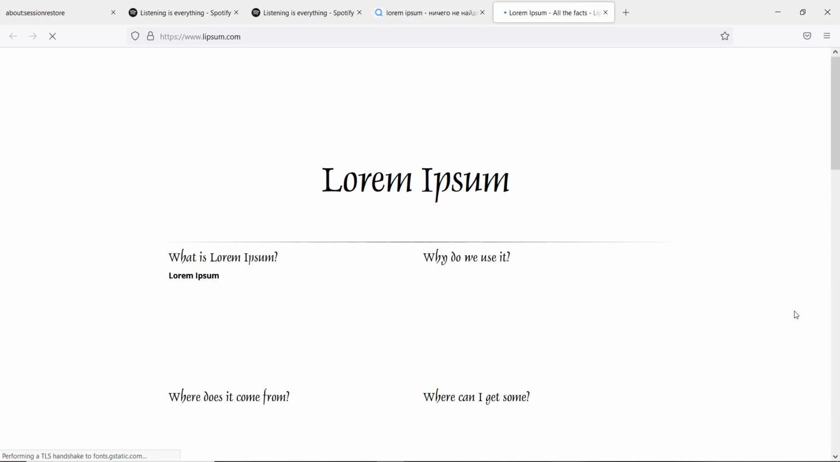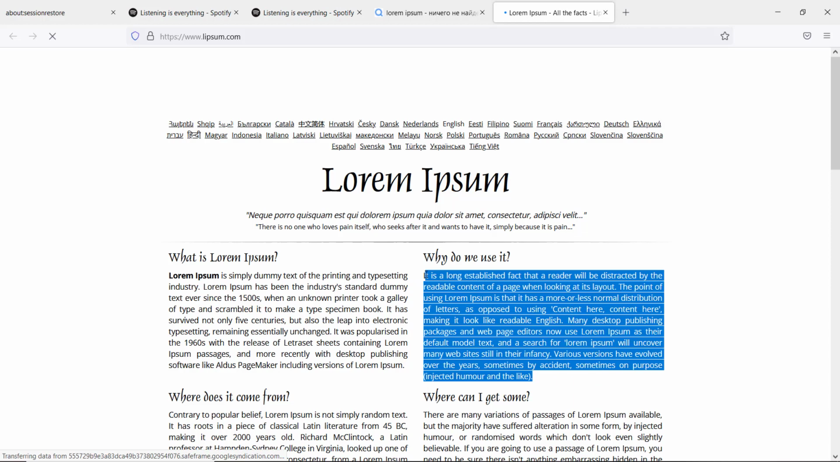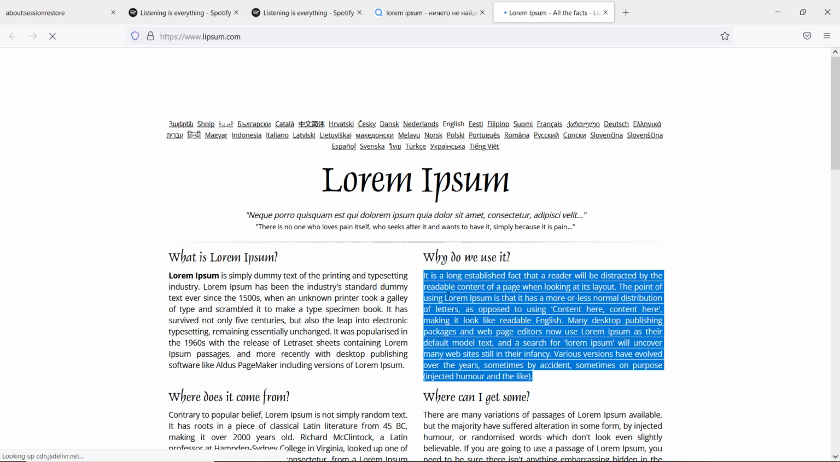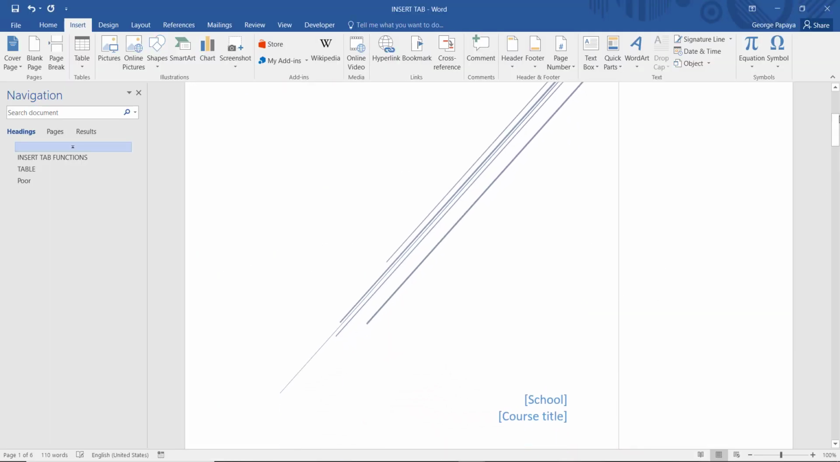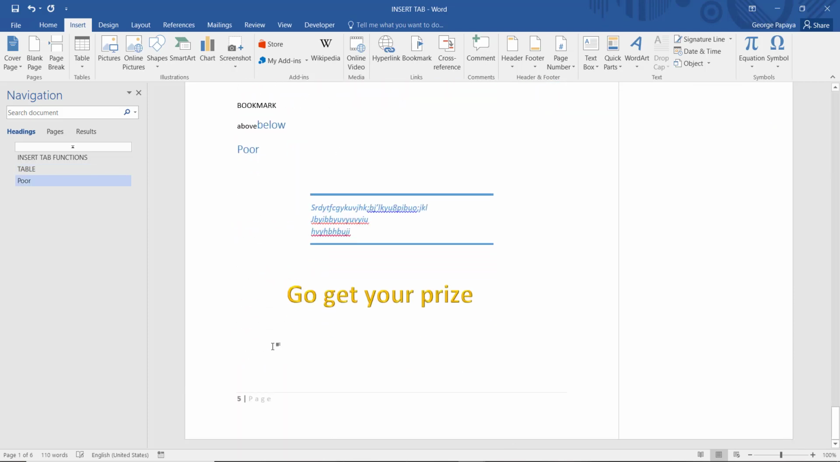And lorem ipsum is just some text that no one uses, or rather no one owns, but it's just free to use. So if I highlight everything like that, I copy it, I come to my document, I'll paste it,